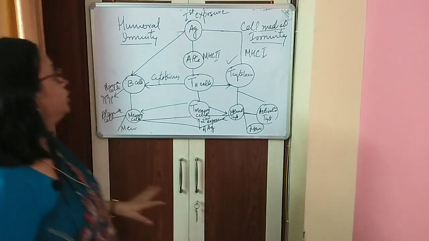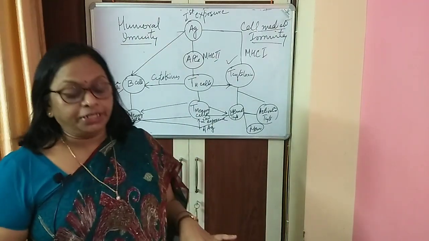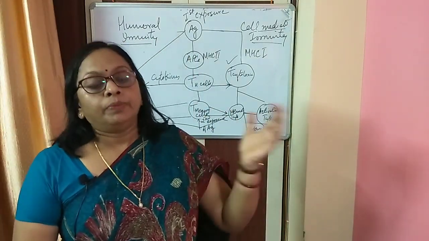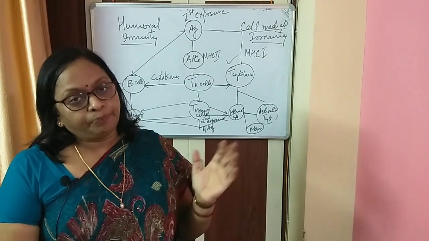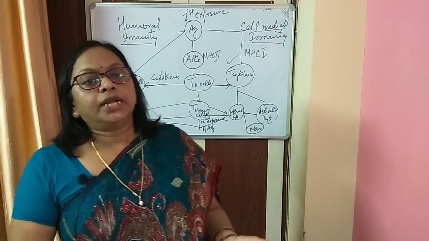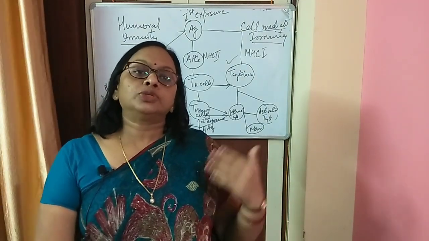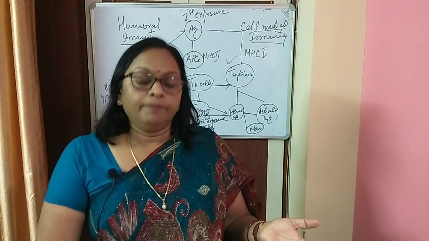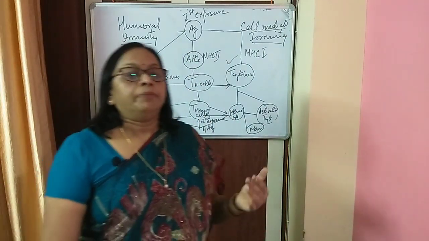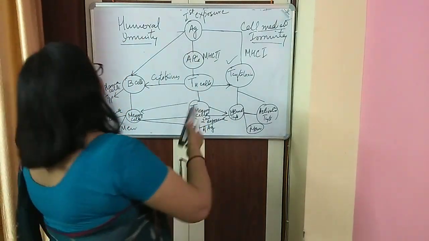Now I am going to talk about the type of antibodies. So why is it called antibodies? Because the foreign particles which have entered the body are antigenic in nature, and the body produces certain molecules in response to those foreign proteins. So they are called antibodies, but chemically they are called immunoglobulins.